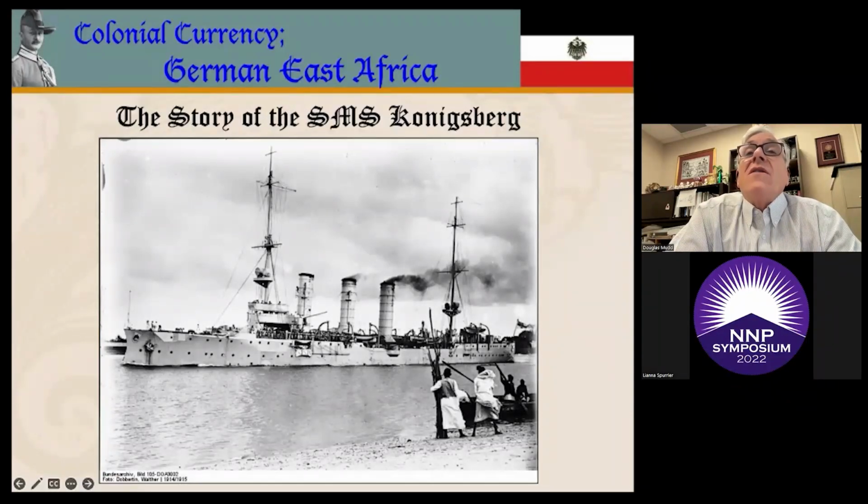Prepared for her role as a sea raider, Captain Max Loof had no wish to be caught in port should the war be declared. So on the 31st of July, he put out to sea. The next day, during a heavy rain squall, Königsberg narrowly escaped the British Cape Squadron, which had been sent up to intercept her. War having been declared, Loof headed north to interdict the sea lanes in the Gulf of Aden. Within days, she had captured and sunk the City of Winchester, the first merchant ship casualty of the war.